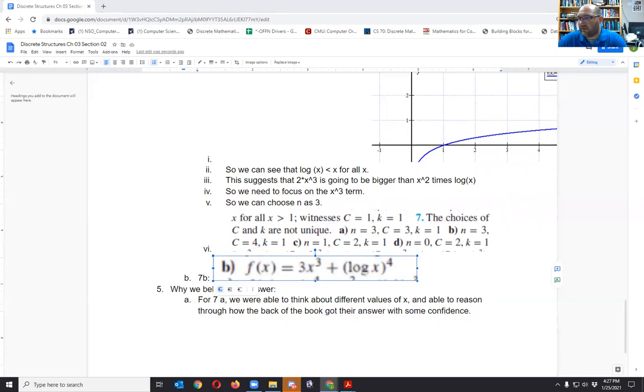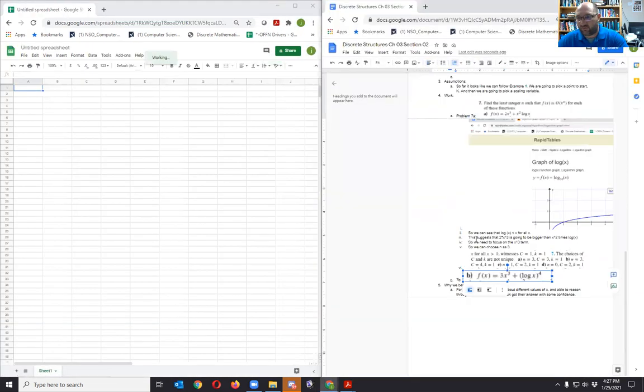I don't have a great way to answer this, but one of the tools that I always used in my youth is what they call a t-table. So I'll see if I can split this screen and make this work. Okay, so I'm going to do x, and I'm going to do 1, 2, 3, 4, 5. Cool. Now I'm going to do